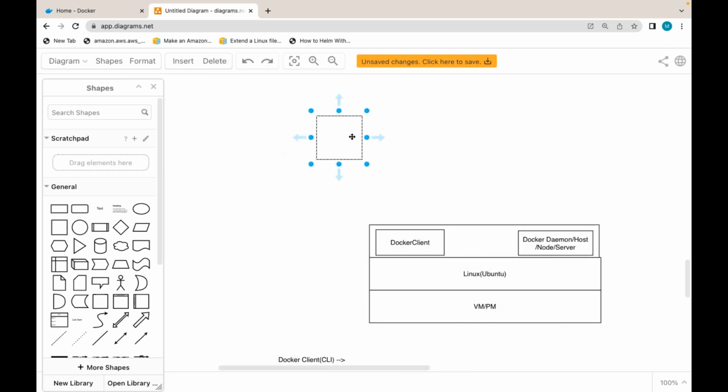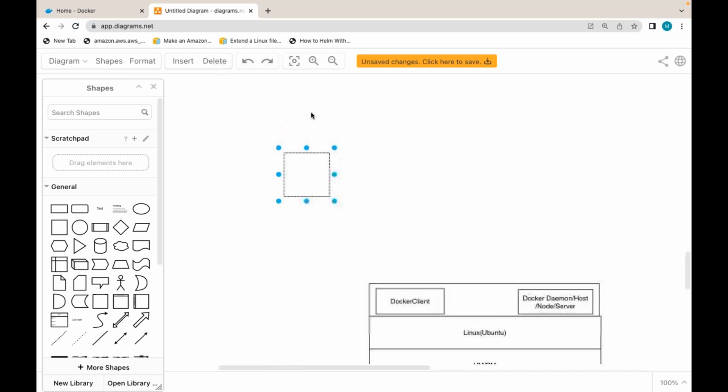Now we have one more component called registry. What is registry? In general, we already know registry. Registry, or let me say artifactory, both are same.